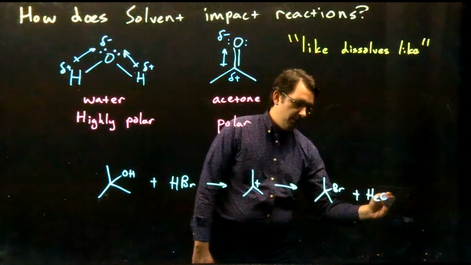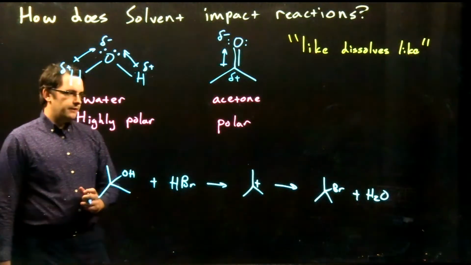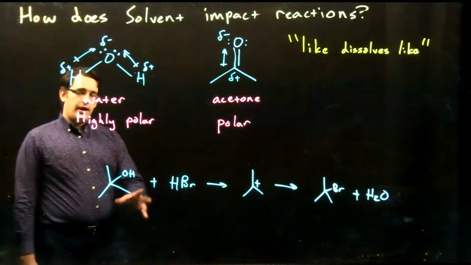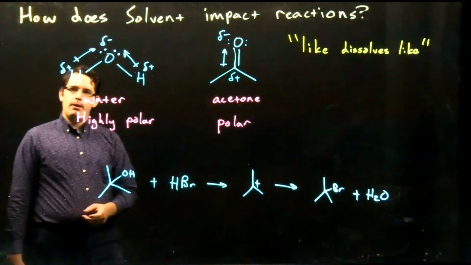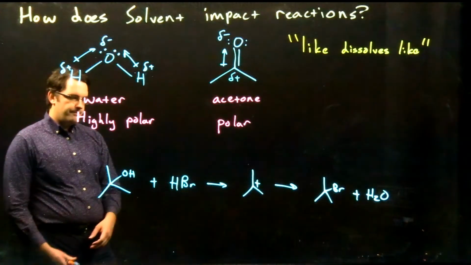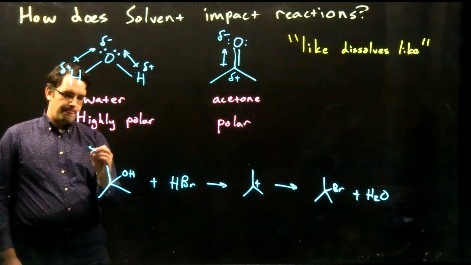Now, of course, I'm not showing all the intermediate steps. I'm just showing that key carbocation intermediate that's from our rate limiting step. Now, the first thing that we need when we're carrying out a reaction in a solvent is we need, of course, both of our components to be able to mix and dissolve in that solvent. Right? So if we take this SN1 reaction,